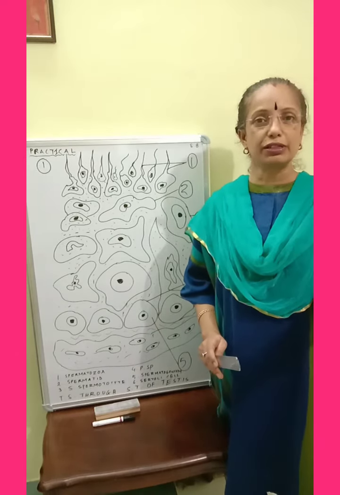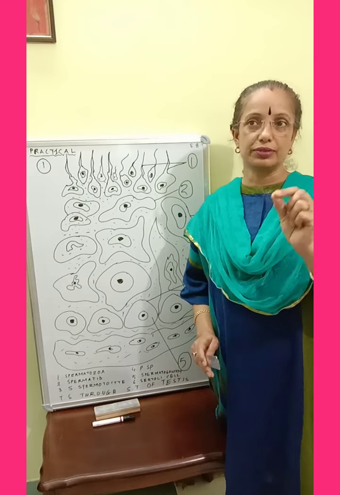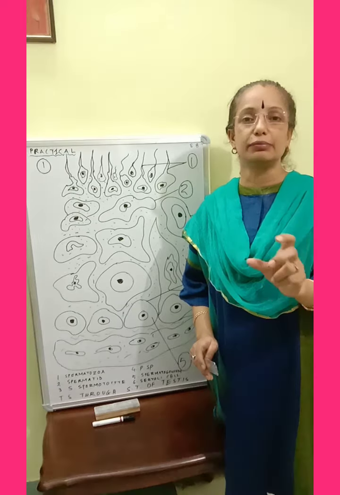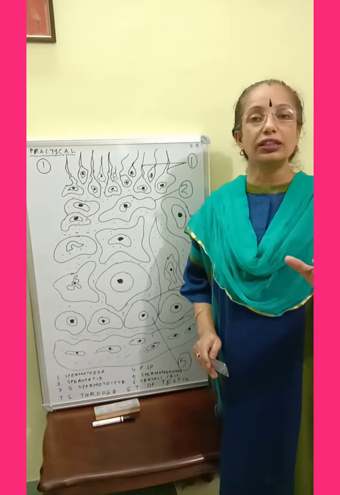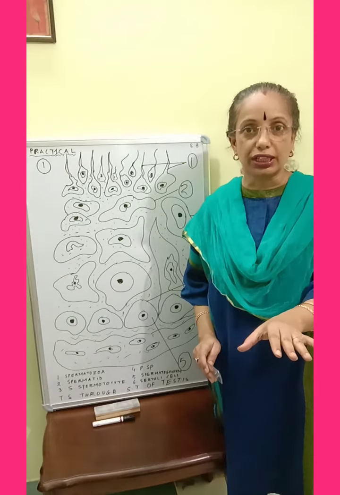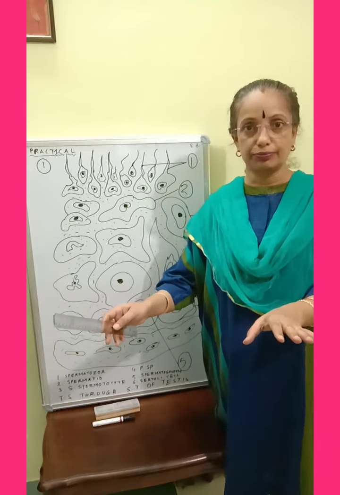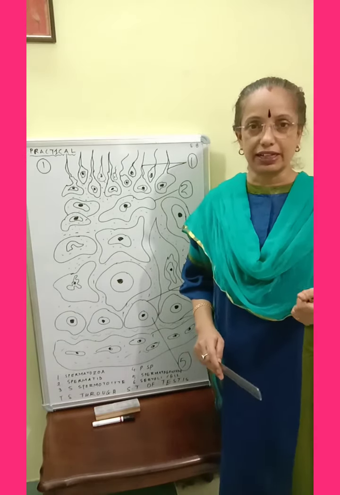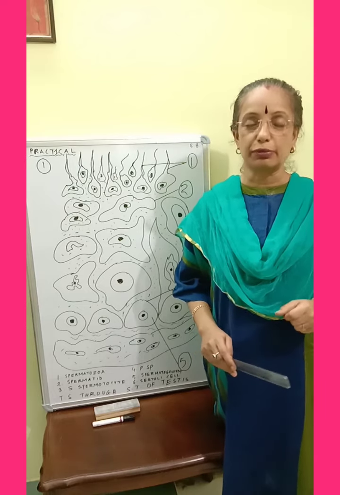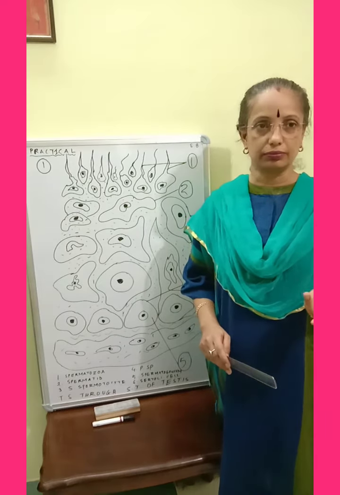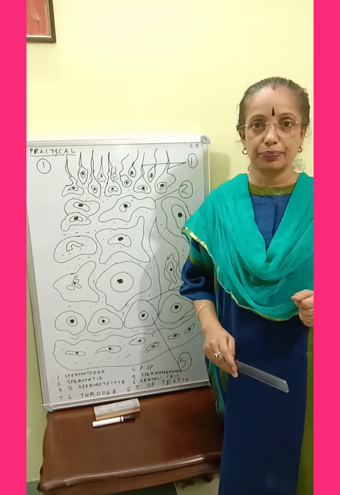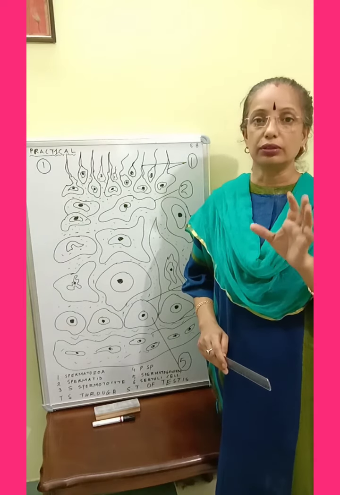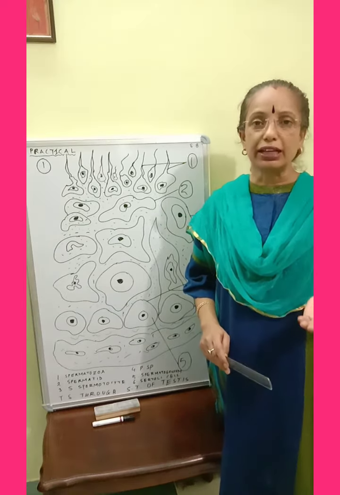So aim of the experiment will be to observe the transverse section, the TS of permanent slide under the microscope to see all the various stages of spermatogonia to become spermatozoa. Now, materials required, the second step after the aim of the experiment, you can write: the permanent slide which shows TS of seminiferous tubule of the testis, and microscope definitely.